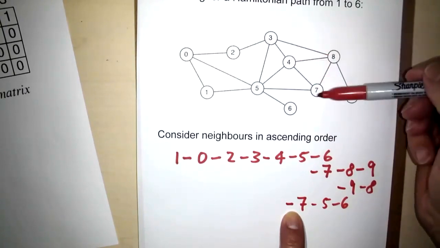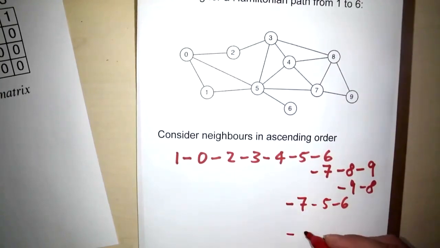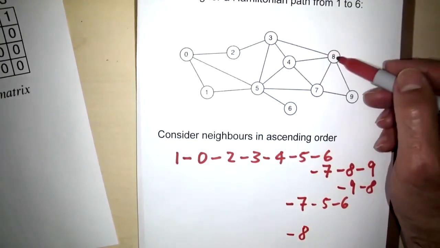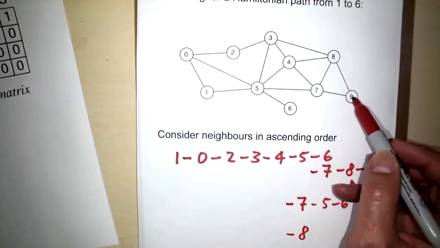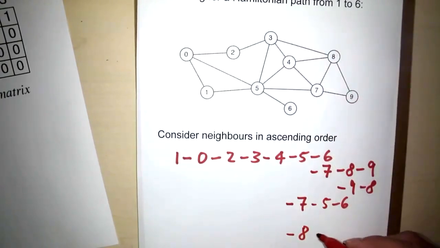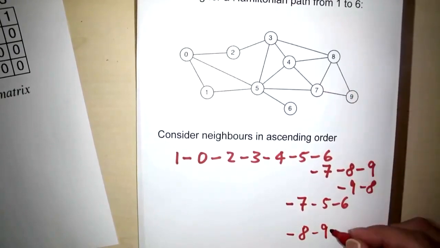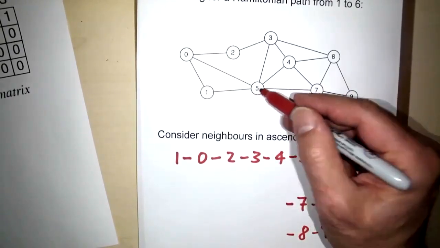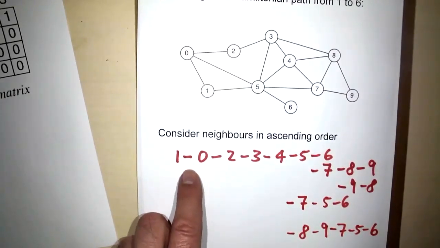Then that was 4, 7. Now let's go from 4 to 8. So I'm not writing this down, but I'm writing down 4 to 8. And 5, 6, still not 9. So 4, 8, 9. And 5 and 6. And that's it. So now we have visited all the nodes,